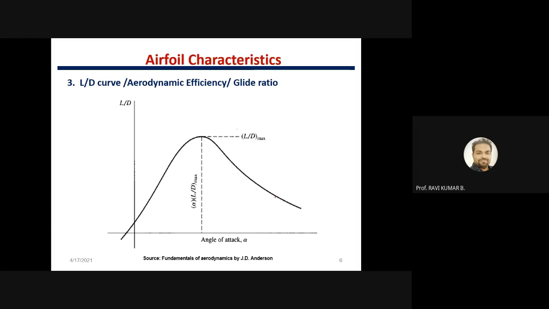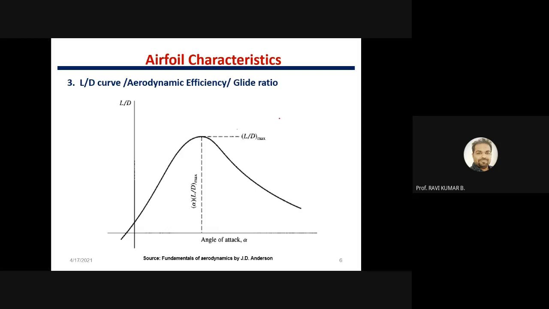So next one is L/D. L/D is also known as aerodynamic efficiency, or we can also say glide ratio. L/D is nothing but the amount of lift generated by a wing compared to its drag. Compared to drag, how much lift is getting generated will be measured with the help of the L/D ratio. A higher, more favorable L/D ratio is typically one of the major goals in aircraft design. When you are designing an airfoil or wing, you have to keep in mind it should give the highest possible L/D ratio when it comes into operation.